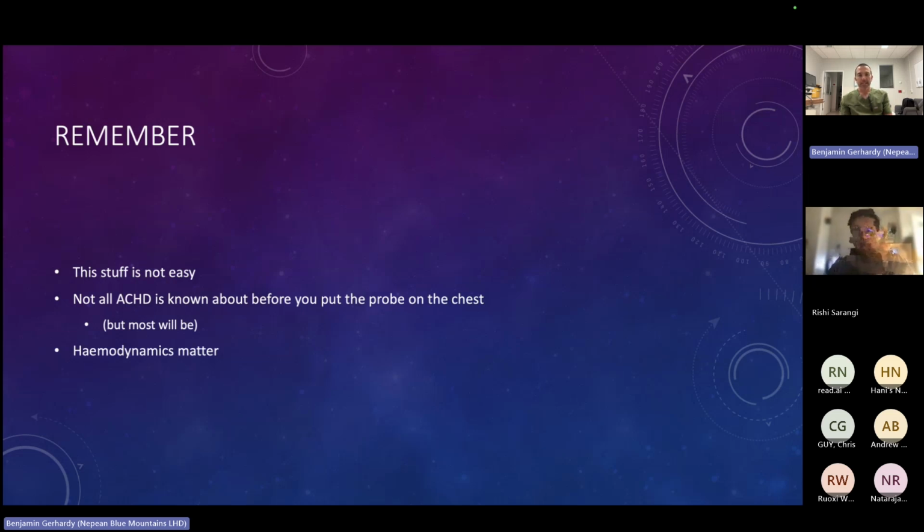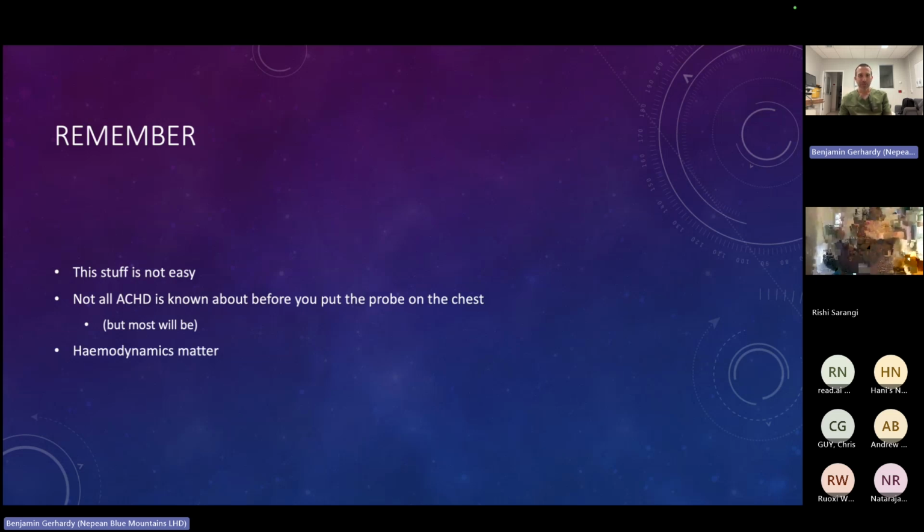Obviously, if someone's got a prosthetic valve, be that a metallic valve or a bioprosthetic or tissue or anything in between, there will be some standard tables of severity, gradients and things that you can use to assess what the flows should be. But if you've got flow in a pattern that is not normal, but is normal for that particular patient, then assessing severity of anything can be more challenging when they're critically unwell, when they're volume depleted, when they're on inotropes and vasopressors. The more you know about the patient before you start scanning them, the easier it is to